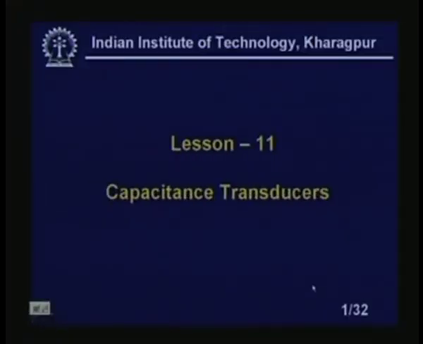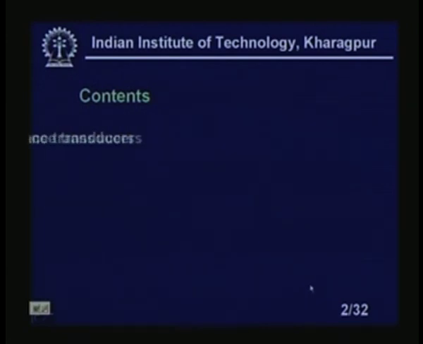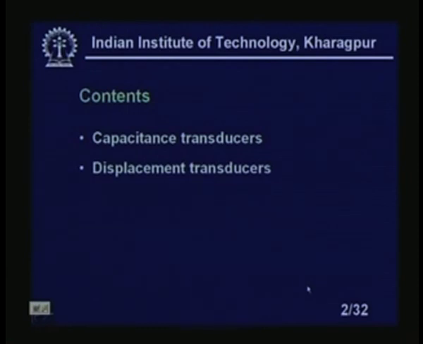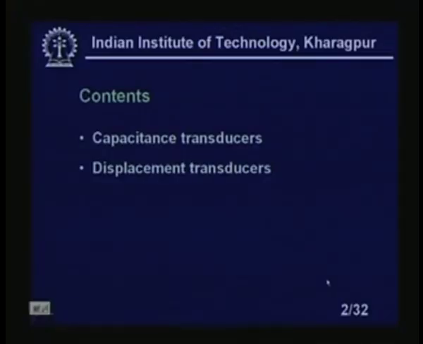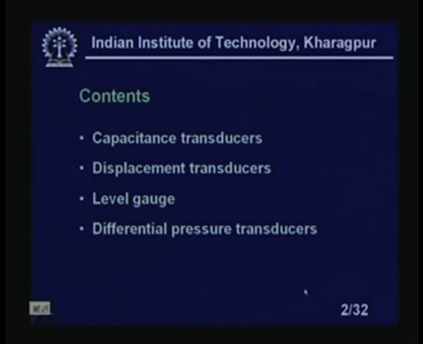You see the contents of this lesson: capacitance transducers as a whole, in the sense that the basic principle of the sensor we will discuss, and capacitance transducers basically used as displacement transducers, level gauges or level sensors, both liquid and solid, and differential pressure transducers, because these differential pressure transducers are utilized, as we will see later on in the flow measurements, and the DPT or differential pressure transmitter